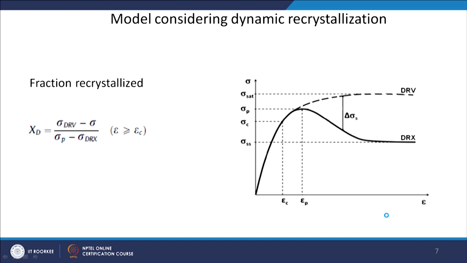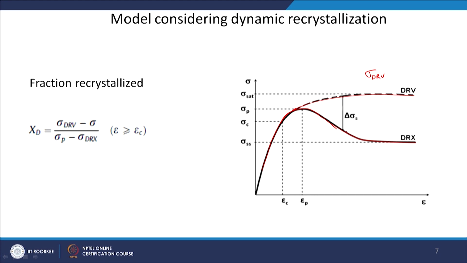Here we will see how it is done by the flow stress curve, and here also you will be able to see what we were discussing in the physical based model, what we mean by sigma DRV. There are two curves shown here, one with a broad peak which you see for dynamic recrystallization. So, stress increases, then you get a hump, and then you have this dynamic recrystallization. If dynamic recrystallization is not taking place and only dynamic recovery is taking place, the curve will go something like this.